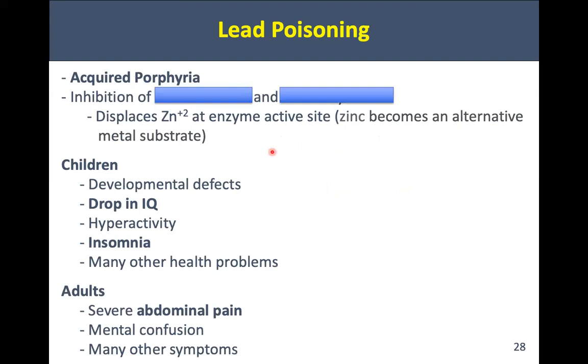Okay, so in lead poisoning, what are the two enzymes that might be inhibited? I just mentioned this in the previous slide. What are the two enzymes that might be inhibited in lead poisoning? Ferrochelatase and ALA dehydratase. Just to remind you guys, lead poisoning, the main thing that you should be thinking in your